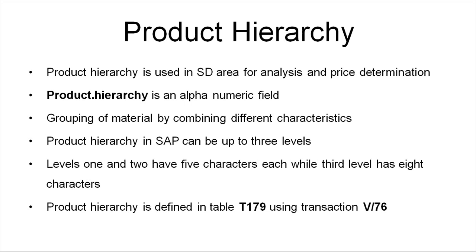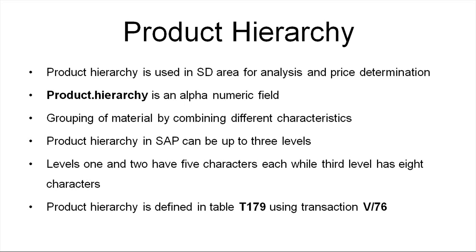Product hierarchy is an alphanumeric field. It groups material by combining different characteristics. Product hierarchy in SAP can be up to 3 levels. Levels 1 and 2 have 5 characters each, while the third level has 8 characters. Product hierarchy is defined in table